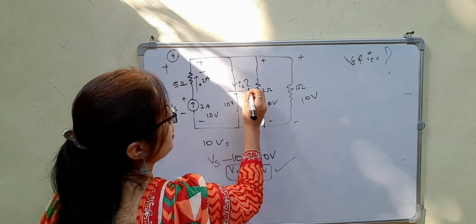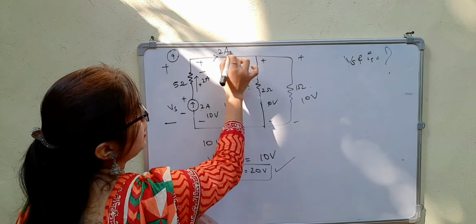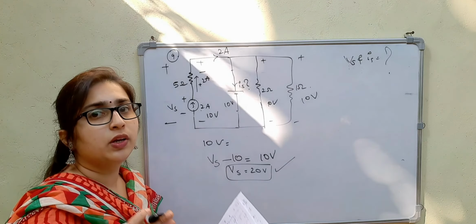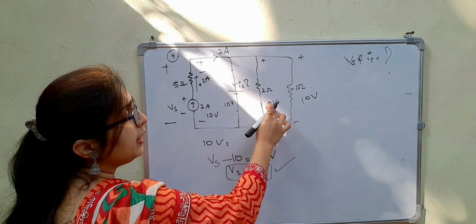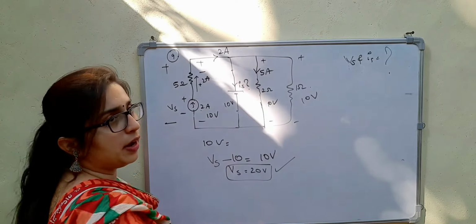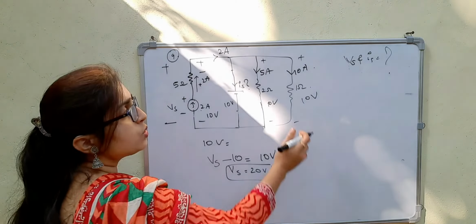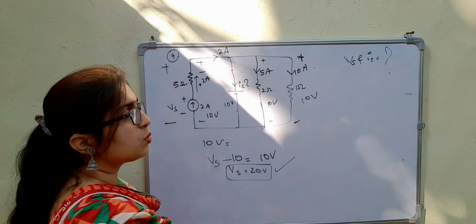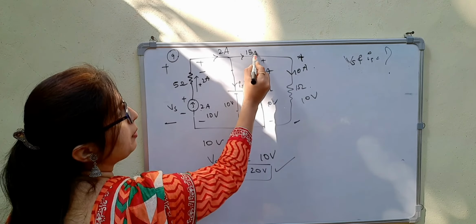Now what is the value of this Is? Okay, so here you know the current that is flowing is 2 ampere, because the resistor which is in series with the current source will not affect your current. And here this is 10 volts, that means 10 divided by 2. 10 divided by 2 is 5 amperes. So the current that is flowing here will be 5 amperes. Current that is flowing through this will be 10 amperes. Okay, so that is why it is downwards, because you know the voltage drop is like plus minus, so current flows from higher to lower potential. So 5 plus 10 means it is 15 amperes, right?